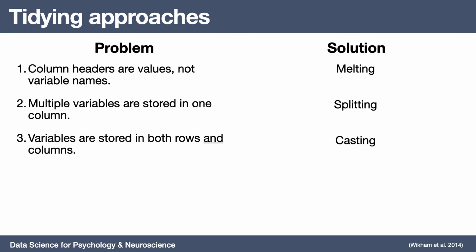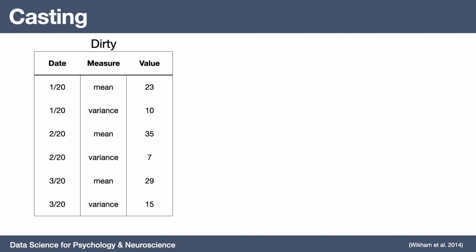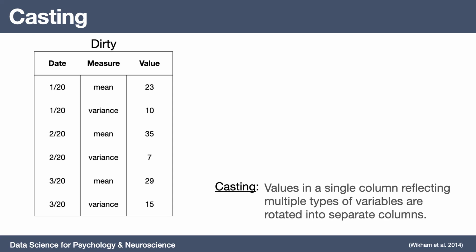Another problem we run into is that variables are stored in both rows and columns. And the solution to this is something known as casting. Here you'll notice that we have a column for date, a column for measure, and a column for value. So here the column for measure actually identifies two separate variables, a variable for the mean and a variable for the variance. So what we want to do is cast those two